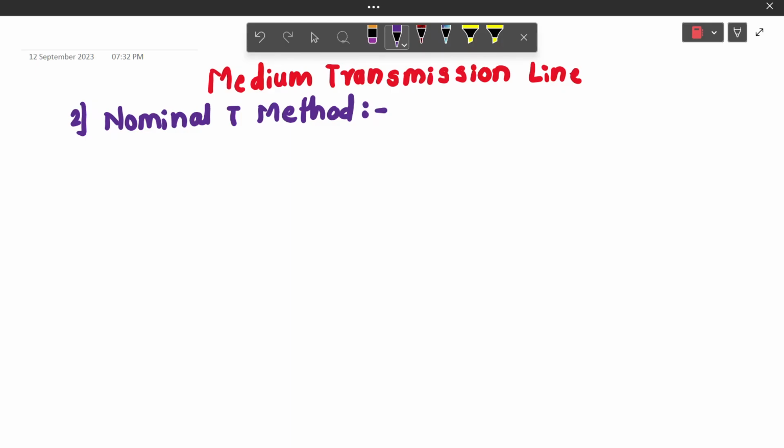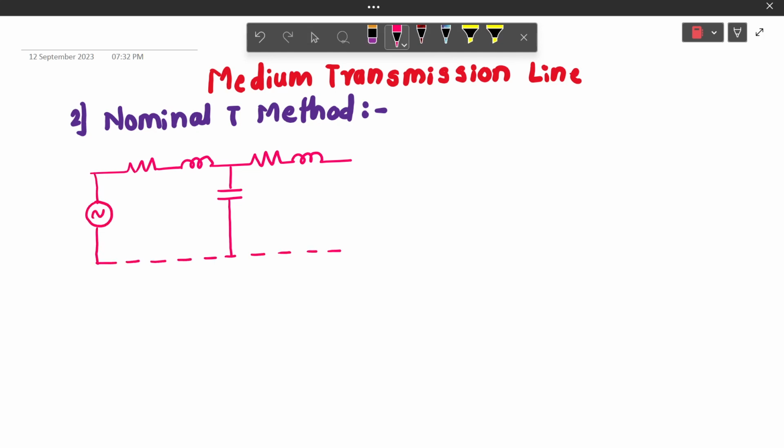Hello everyone. In this video, we are going to see the performance of medium transmission line using nominal T method. For this method, consider per phase equivalent circuit of medium transmission line. Vs is the sending end voltage per phase, Is is the sending end current per phase,